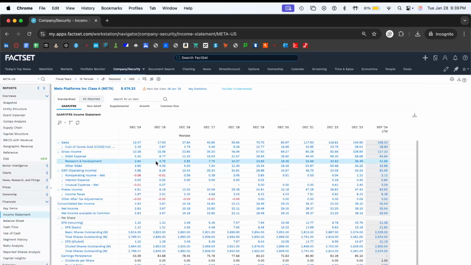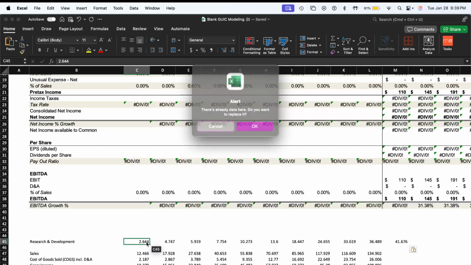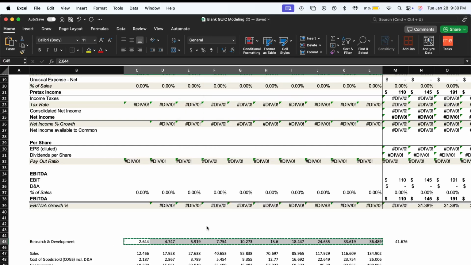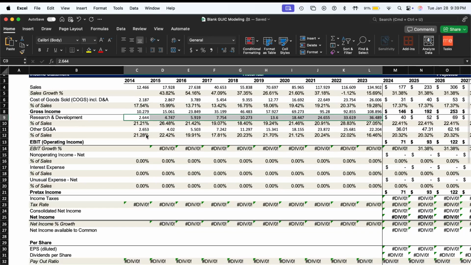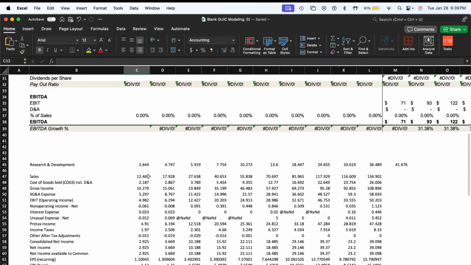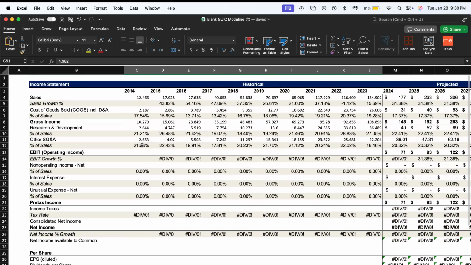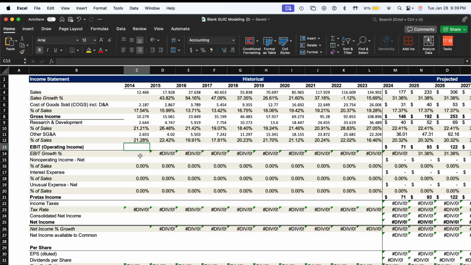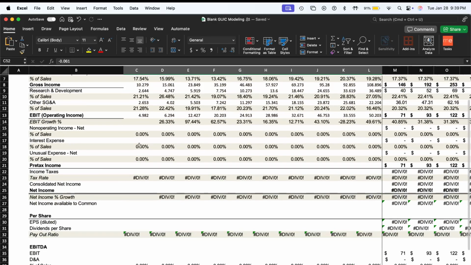But if you want to do the more safe route of not doing it like this and just downloading the whole workbook, that's totally fine too. I just like this also from a formatting perspective. It just looks a bit cleaner. You don't have to do as much formatting. So you just go line by line here. It's really nothing crazy. It's not rocket science. And so once you keep going,